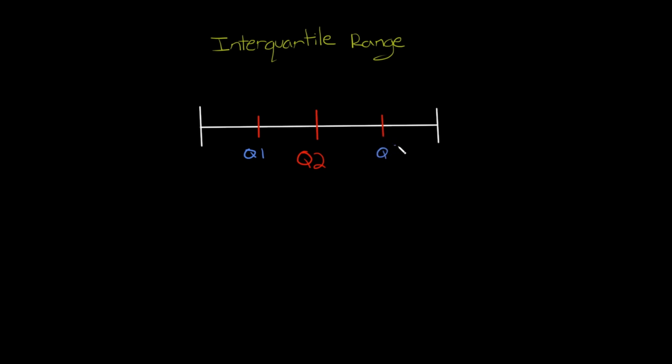And we also know what the word range means, right? It's going to be the difference between the highest and smallest value. So if we wanted to take just the range of this data set, we would take the maximum value right here and subtract from it the lowest value, so that we would get the distance right here between the lowest